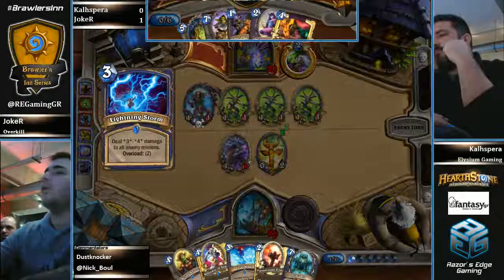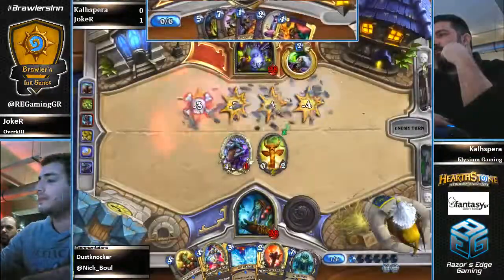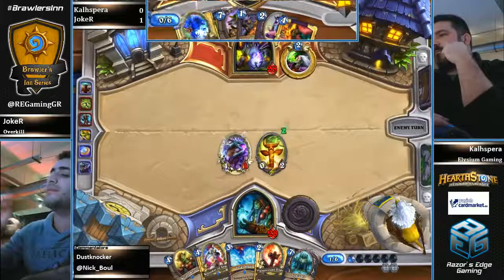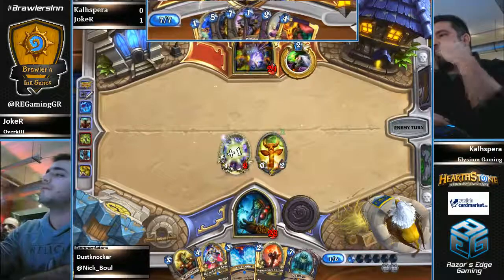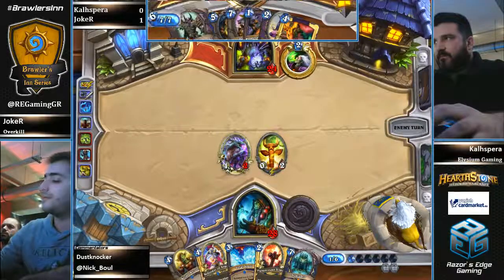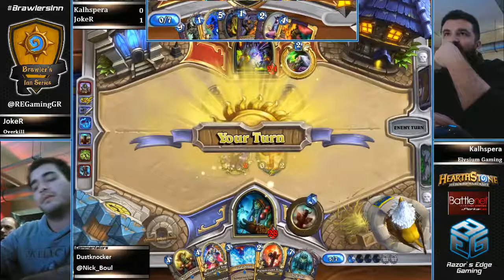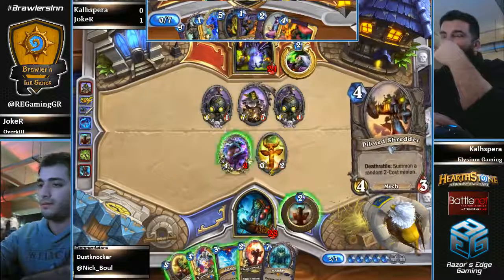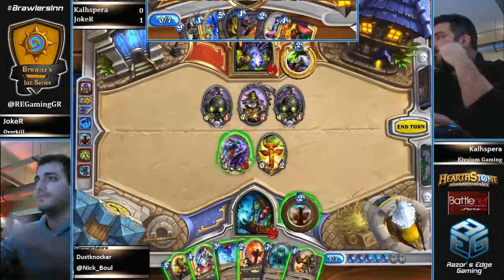He's gonna Lightning Storm, get the imps and the Blood Maids out of the board, and keep pressuring his opponent with the Azure Drake that survived the previous turn. Kalispera is gonna draw and finds Mal'Ganis for his turn. He's gonna play Dr. Boom and ship the turn back to Joker, who cannot play Neptulon due to the overload,